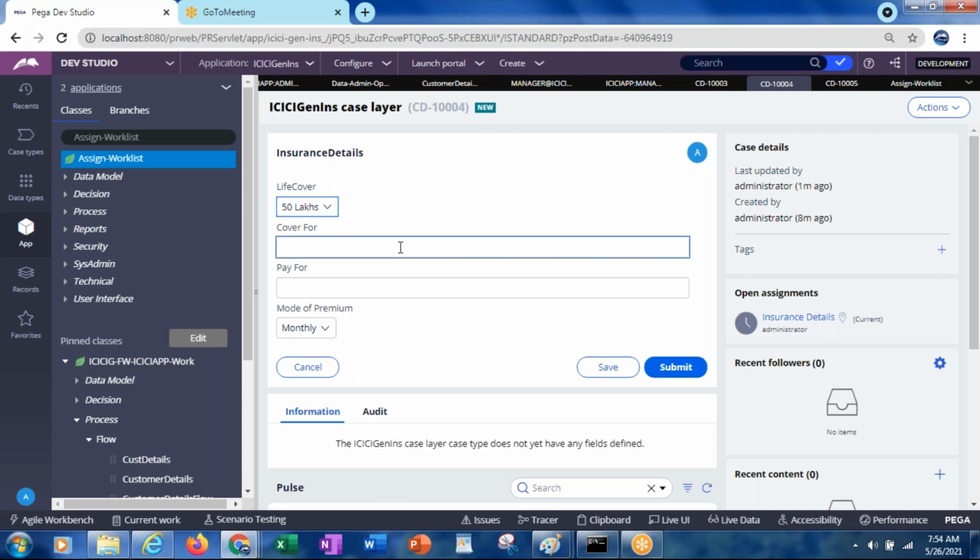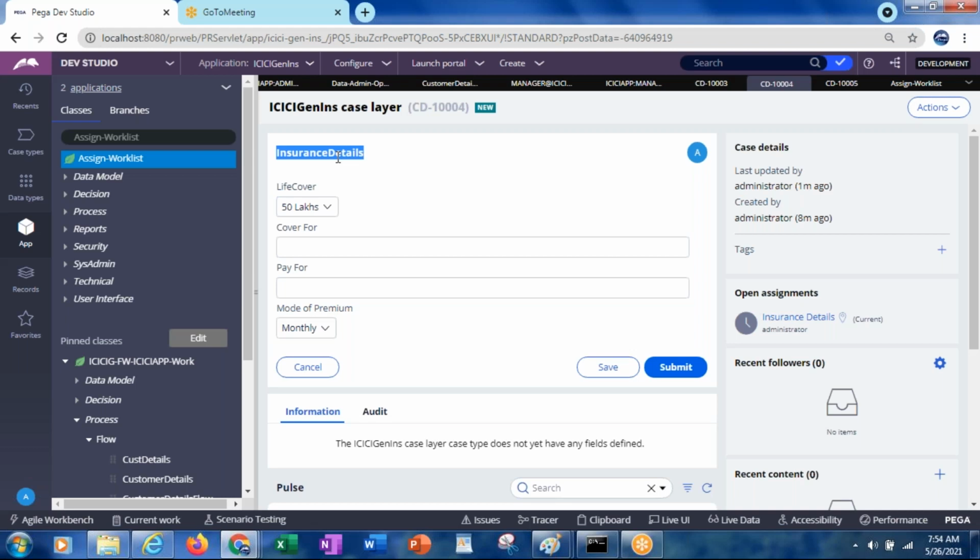Even in the database, when you were working on the previous assignment, that assignment's details were in the database. Whenever you move to the next assignment, it deletes that record from the PC_ASSIGN_WORKLIST table and updates it. For this work object, right now it is referring to the insurance details flow action, and like that it keeps updating.